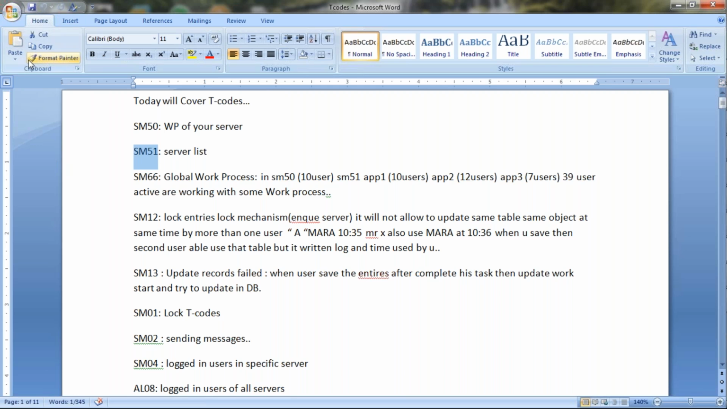Okay. Now you know SM50. Now you know SM51. Now you see what SM66 is. SM66 is to see the global work processes. Like we discussed, we have 5 servers, 6 servers, 13 servers, no problem. You have 100, no problem. But